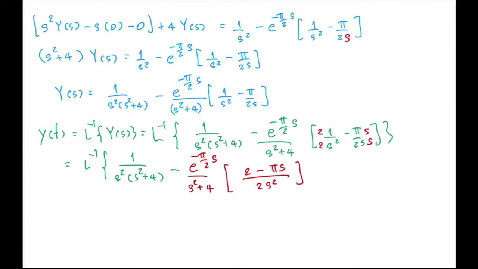Okay, and that can be rewritten as 1 over s squared times s squared plus 4, minus (2 minus pi s) divided by s squared plus 4 times